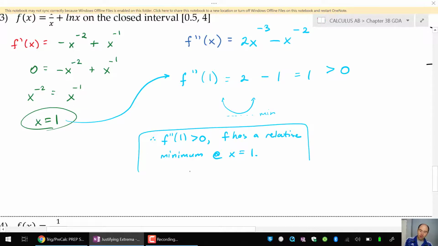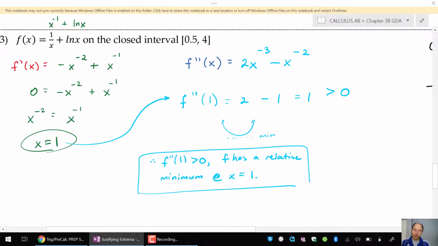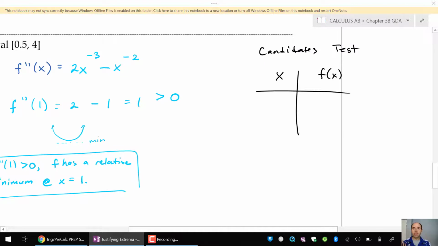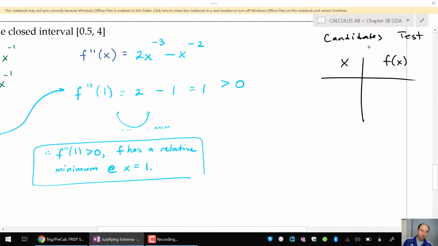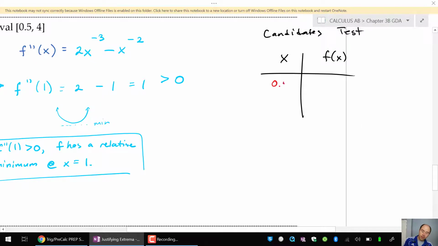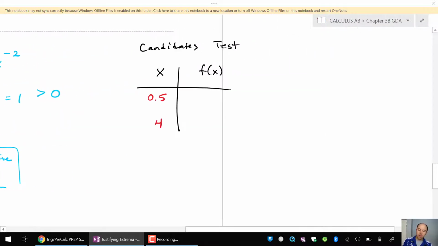So there we have it, a little conclusion off the second derivative test. Now, what about the maximum though? For that, the only other places they could occur would be at those two endpoints. So if I take the endpoints of 0.5 and 4 and analyze those in a little candidates test off to the side here,